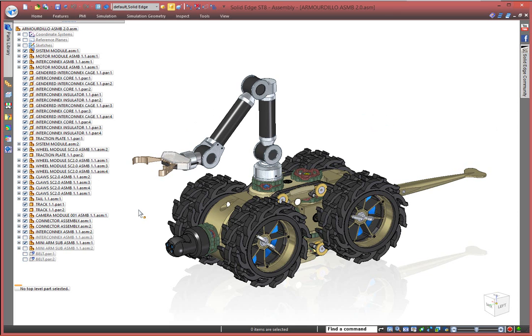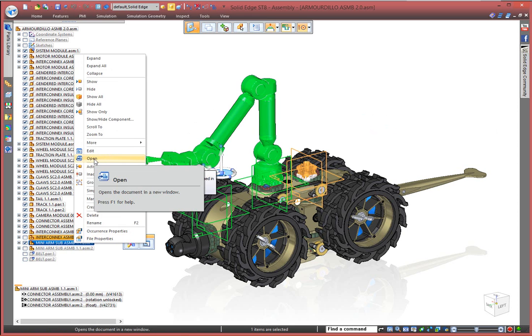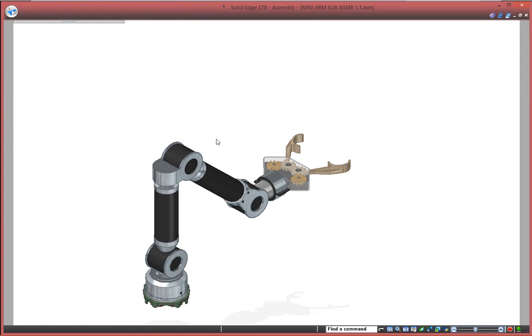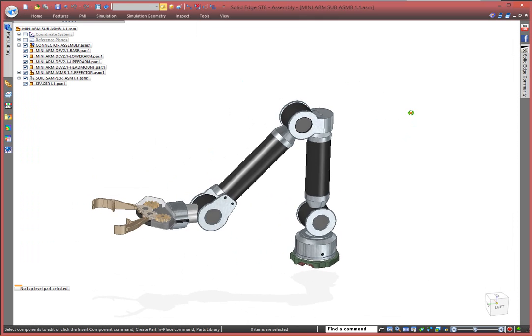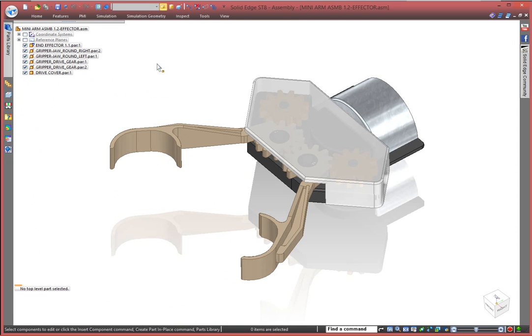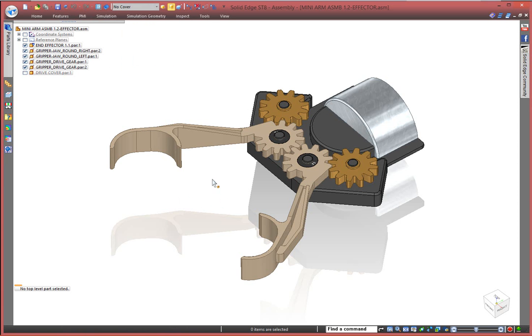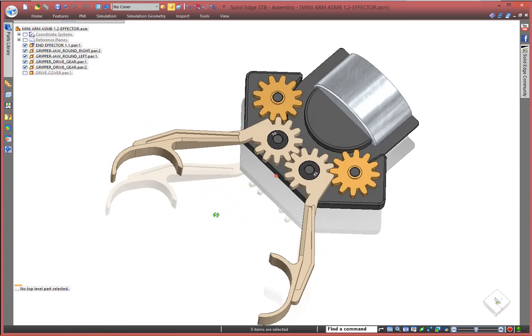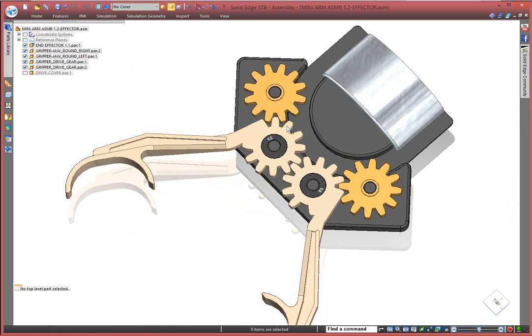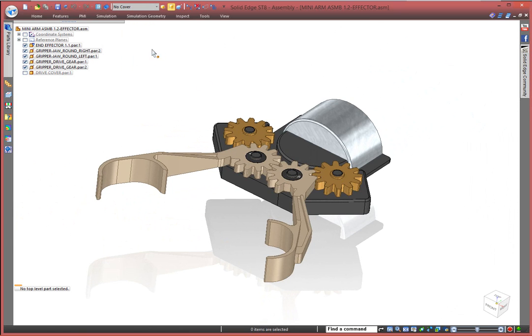Here we want to make some changes to this gripper arm assembly, so we'll just delve into the sub-assembly here. Very pretty. And I want to take a look down at the detail there. Let's just open that up. Take the lid off, and we'll see we've got a couple of gripper arms there with gear teeth on them. They've got 12 teeth on them. And what we're doing is we're going to be making some